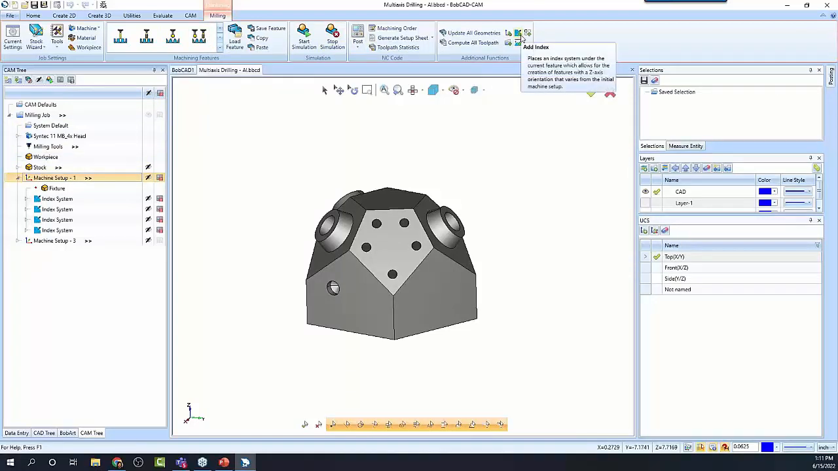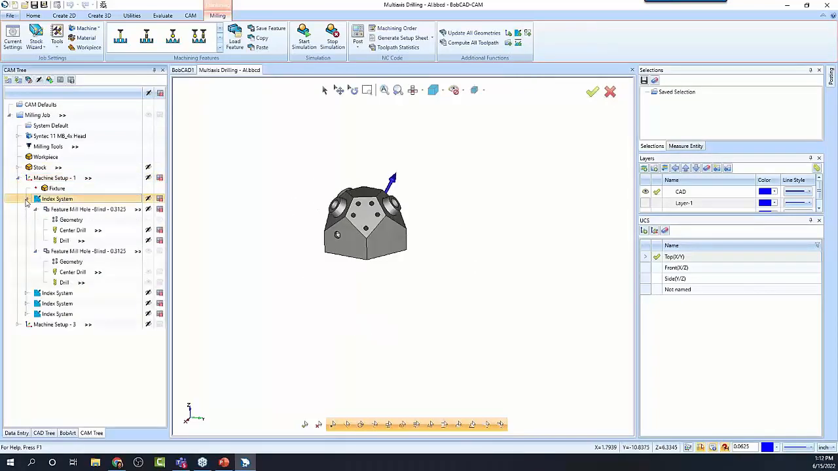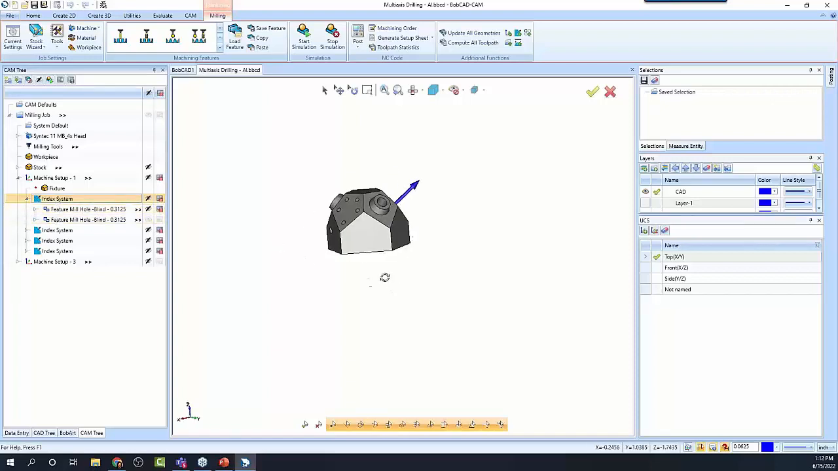So along this ribbon bar, there's another area where you can add an index. Okay, so either method would work. Once you establish an index system, you can load machining features below it. So you have the ability to establish an index system, which is really setting the Z direction,